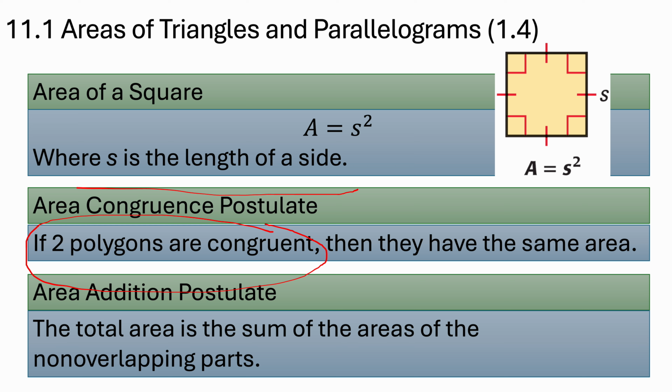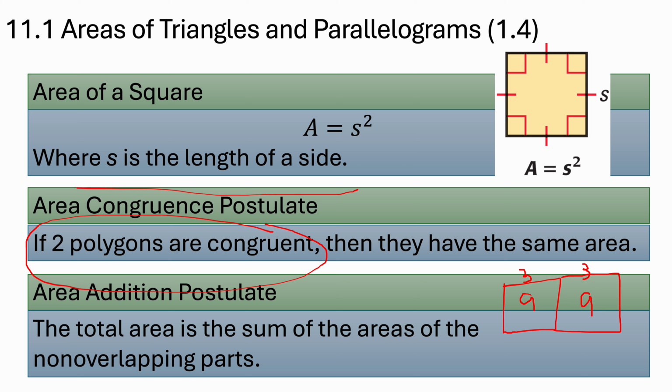So, for example, if you have one square like this and it is connected by one square like this. Two squares are there, and let's say they both are congruent with the side 3. So if you take the area of the first square, it will be 9. And if you take the area of the second square, it will also be 9, because 3 into 3 is 9.